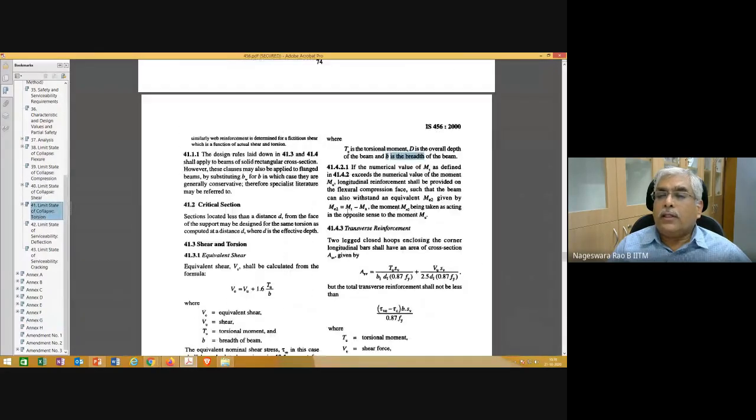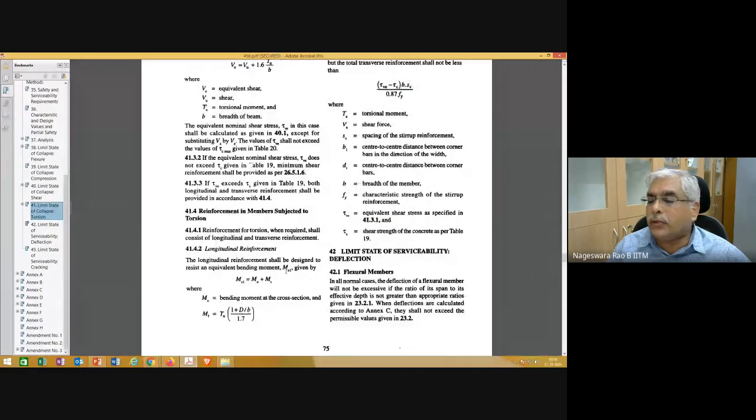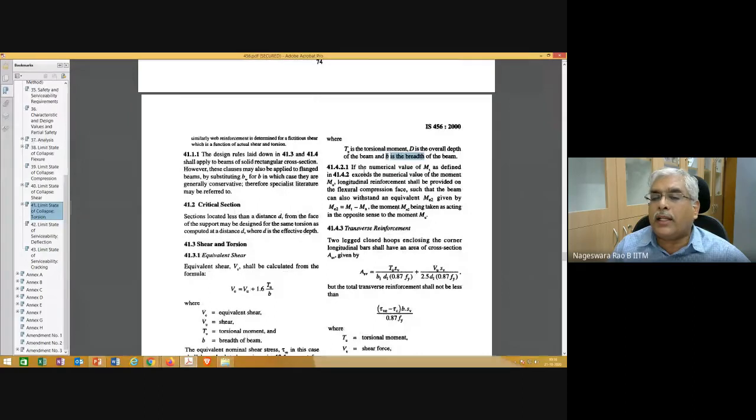And now you need to do one more check. There is a reason why ME1 is used here. That is given here. We have two contributions to the equivalent moment. One is from the torsion that is applied, another is from the bending moment due to the transverse load. Now you need to do a small check.